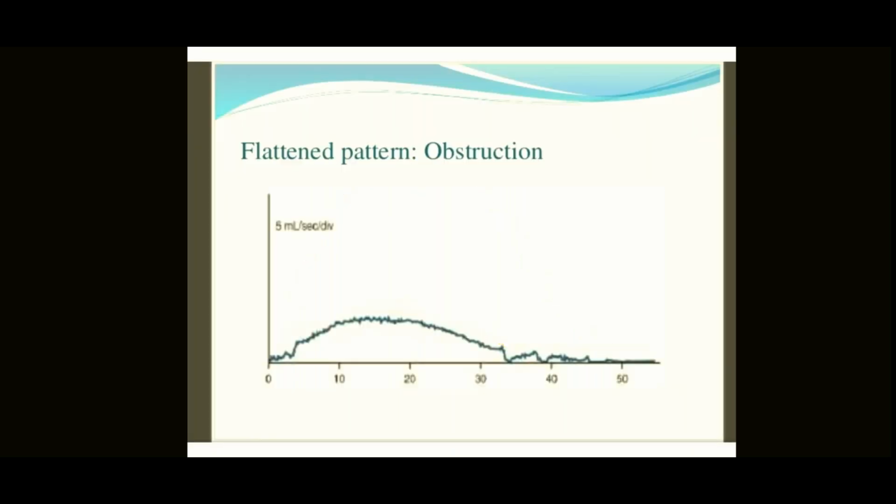Now, this is another uroflowmetry. If you see, it has a flattened pattern, which of course tells you that something is not good. There is a flow at the start, but it's not reaching the maximum height. And we can see that at the end, there seems to be some problem with the voiding. This one is more about obstruction. So this looks more like an obstruction in the urethra. It can be because of anything. It looks like an outlet obstruction.